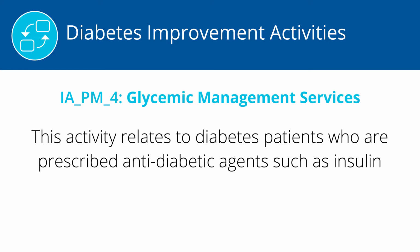For the first performance year of this activity, you must attest to having at least 60% of medical records with documentation of an individualized glycemic treatment goal that accounts for patient-specific factors like age, comorbidities, and risk for hypoglycemia. At a minimum, documentation must be reassessed annually. Beginning in the second performance year and continuing onward, the performance threshold will increase to 75%. Therefore, attestation must meet this threshold in performance year 2. For all performance years, medical records must be those of patients who are being treated for at least 90 days